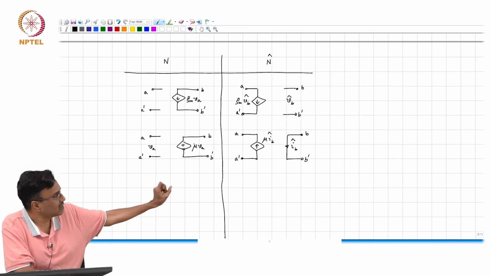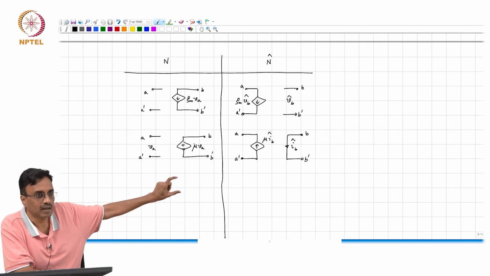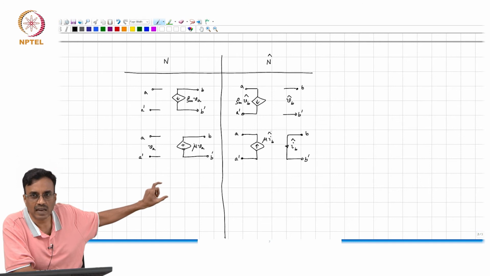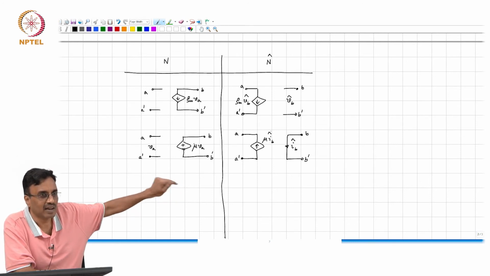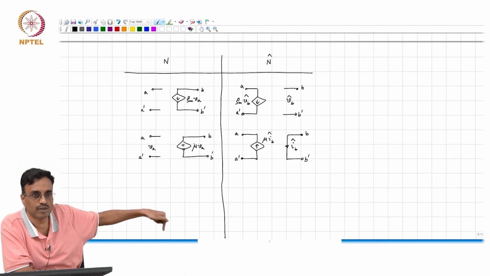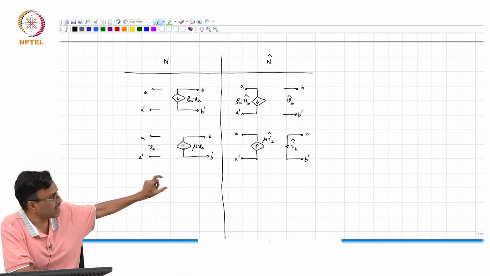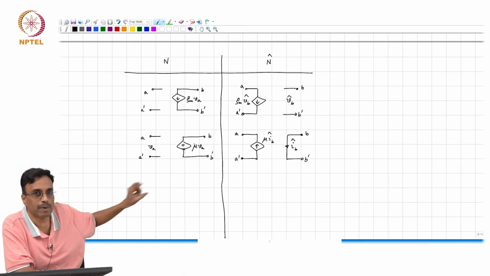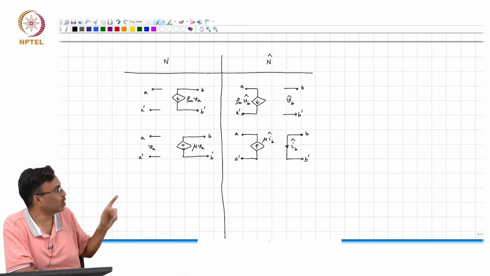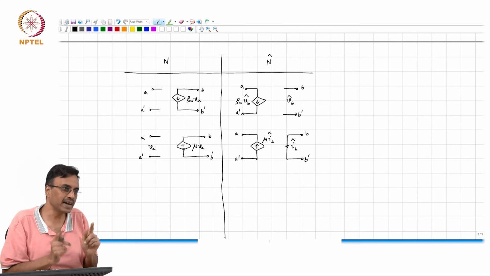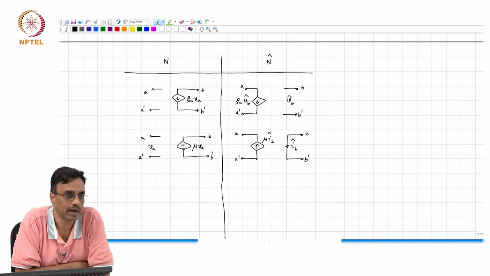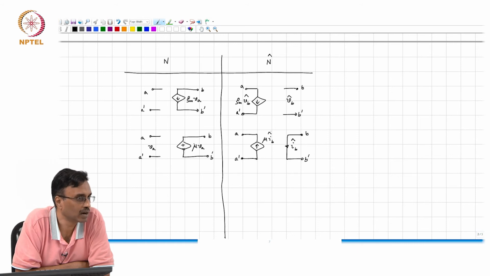Now, we turn the source the other way, and so if VB increases, VA must also tend to increase. So, if VB increases, that IB hat will tend to flow in that direction we have shown. For that direction, we must expect the voltage between A and A prime to increase. And how will voltage across A and A prime increase? When you push current into A, correct? So, that is an easy way of remembering what direction you need to put the current source. Is that clear?